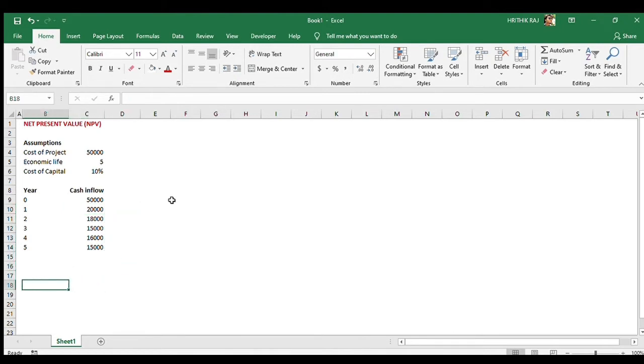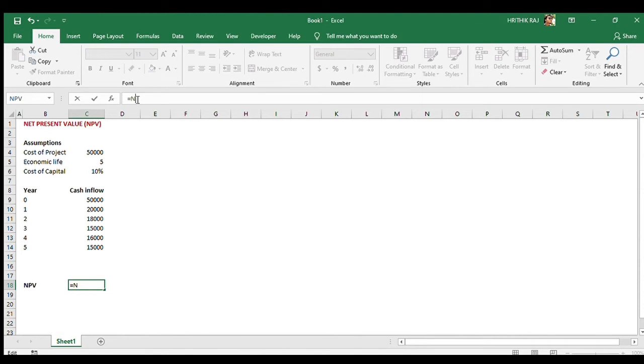Now it turns to calculate net present value. To calculate net present value, Excel provides a direct formula which you can get from formulas bar. In financial formulas, there is one formula called is equal to NPV. Through NPV we can calculate easily the net present value. So the first criteria for NPV is the rate, that is C6, and the values which will be from 1 year to 5th year, right?